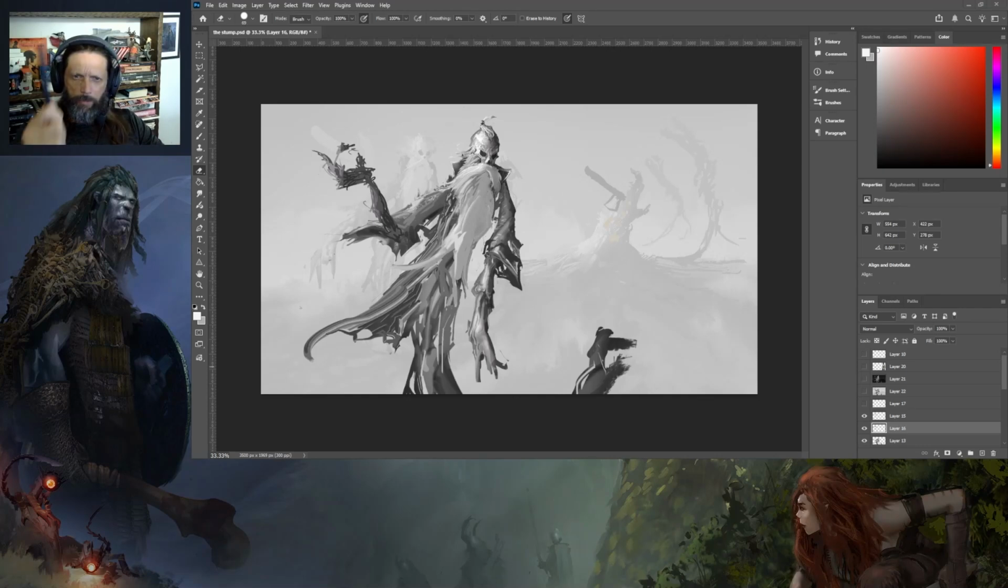Today we're going to carry on with this undead wizard we've got here. We're going to take him to a bit more detailing stage. We're going to tatter up his robes. We're going to give him a bit more life. And guess what? I have got